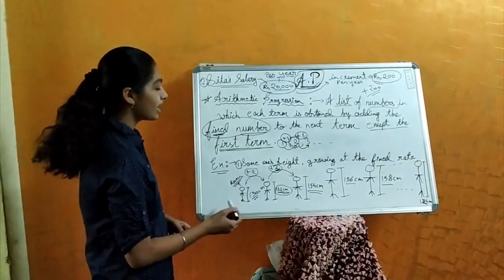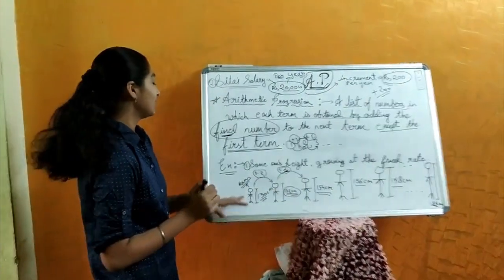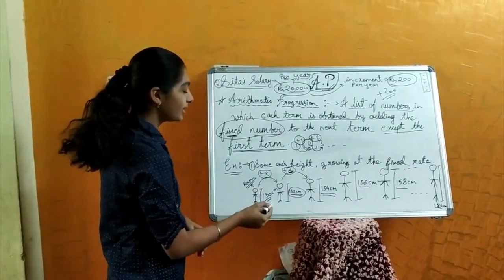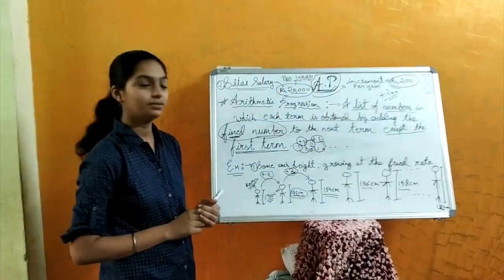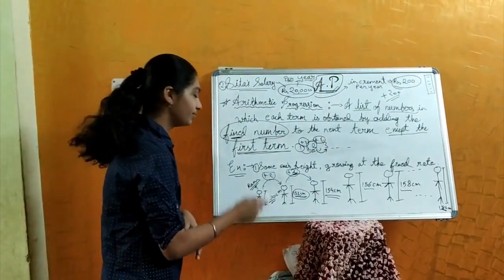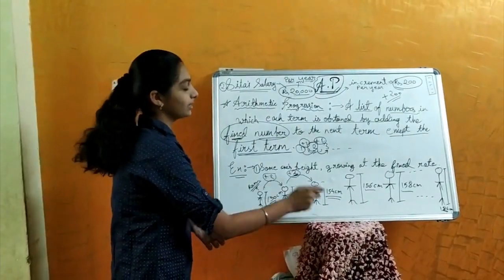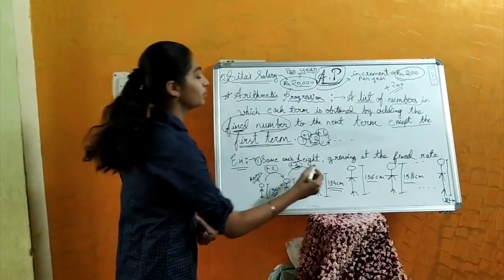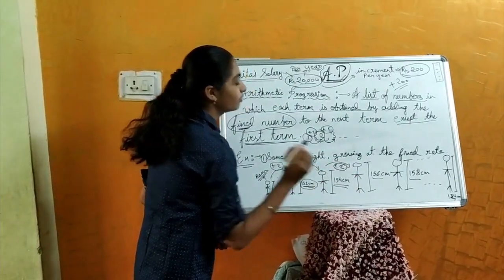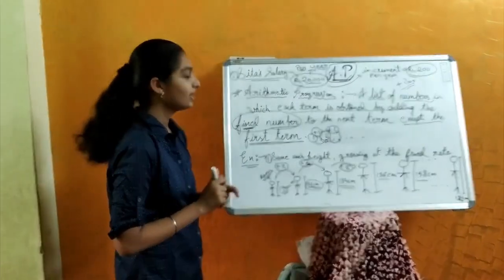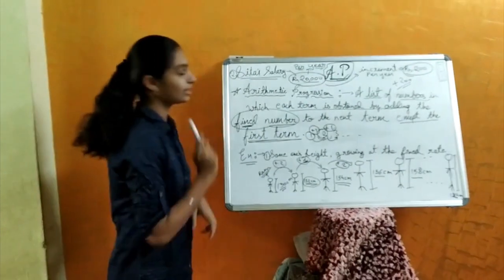Okay. Now guys, can you see something common in this? Yes. Here if we add 2 to the first term, it will give us the second term, that is 152. That means 150 plus 2 will get 152. 152 plus 2 will get 154. Here also if we add 154 plus 2, what will we get? 156 and so on. Now I think this all must be clear to you.